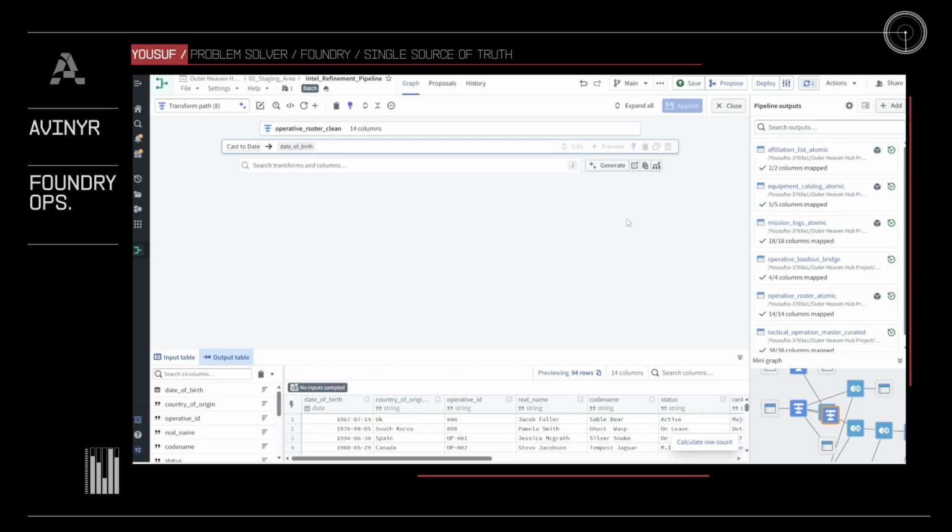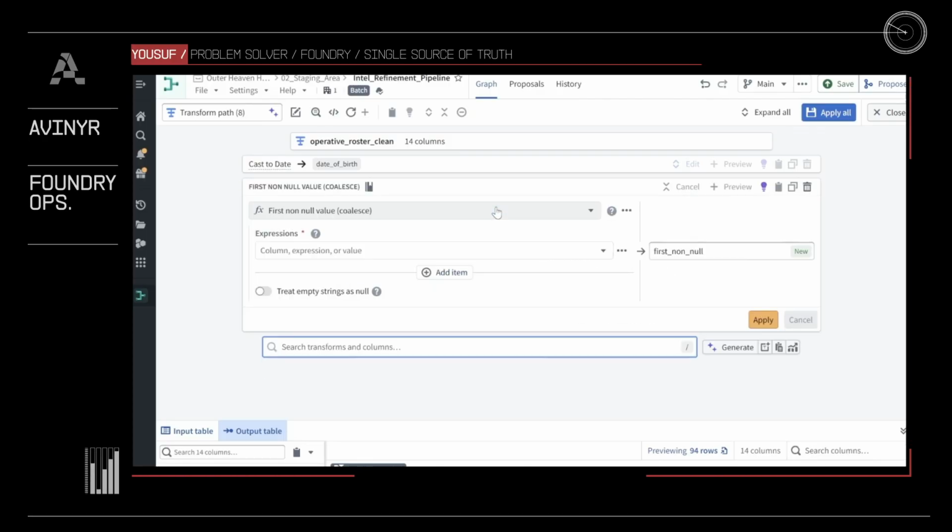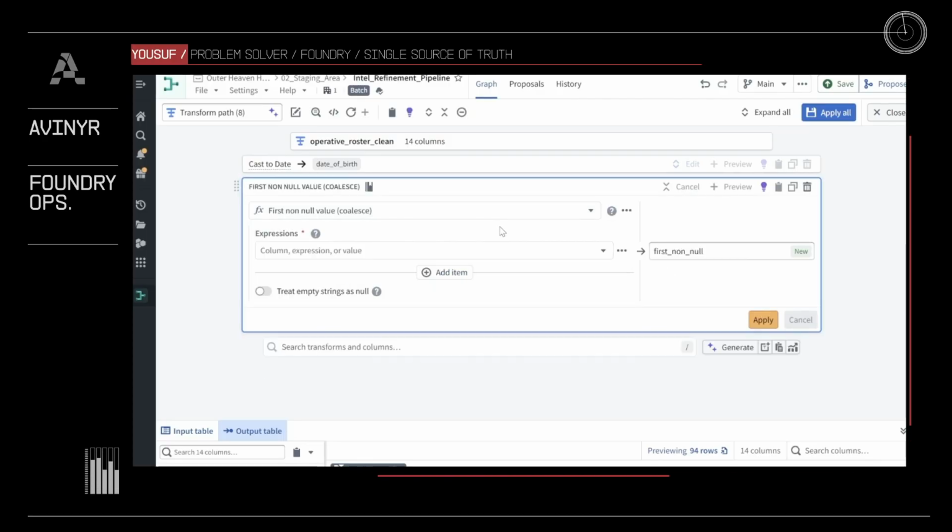So instead, we're going to continue and apply schema contracts to non-identifying operational states, like our status column, where a blank value might break a front-end workshop dropdown, but a clean default value can keep the application running. So to do this, we're going to search for a first non-null value. This function acts kind of like a SQL Coalesce statement, evaluating inputs in order and returning the first non-null value